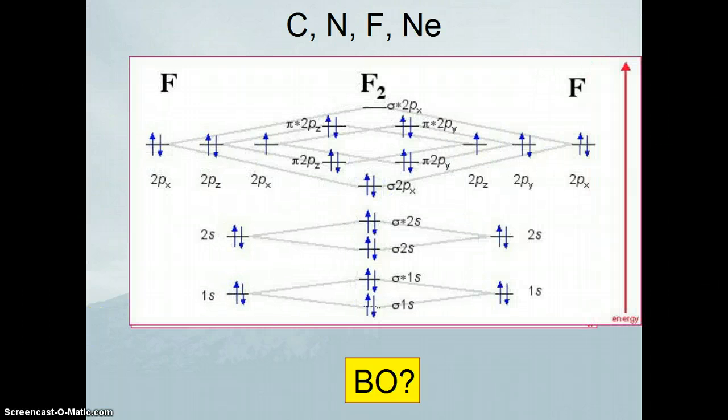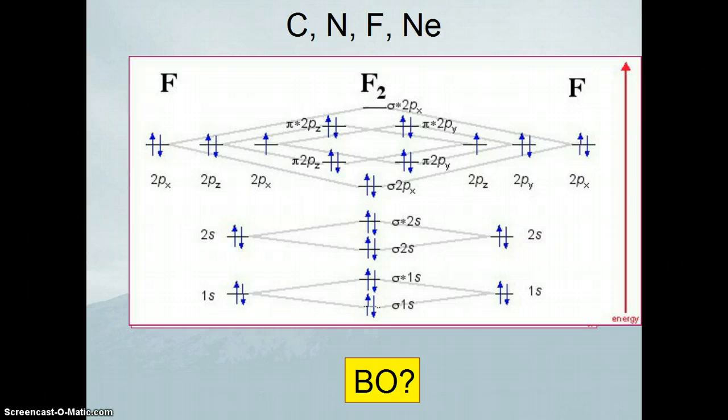With fluorine, we go through, and now we actually start putting electrons in the antibonding orbitals. And sure enough, if we think about a fluorine bond, we know it's just a single bond, and there it is, 1 sigma bond. Because the pi electrons, we've got 4 electrons in pi bonding orbitals and 4 electrons in antibonding orbitals. So they all sort of cancel each other out. So the only thing that's sort of left over are these 2 electrons in the sigma 2p bonding orbital, and